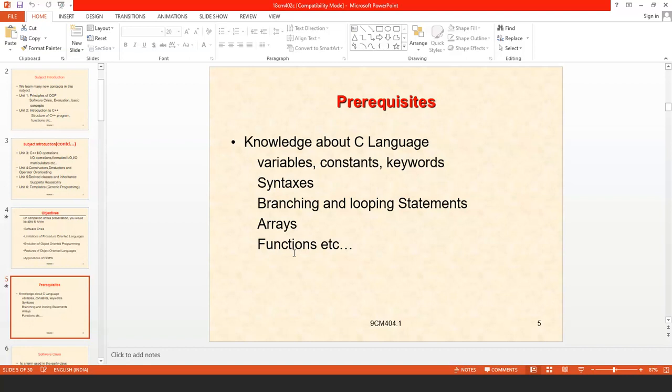Of course, if you have not learned C language, you need some extra work or hard work to learn C++, but this is not a complex or complicated subject. You can easily learn this subject.